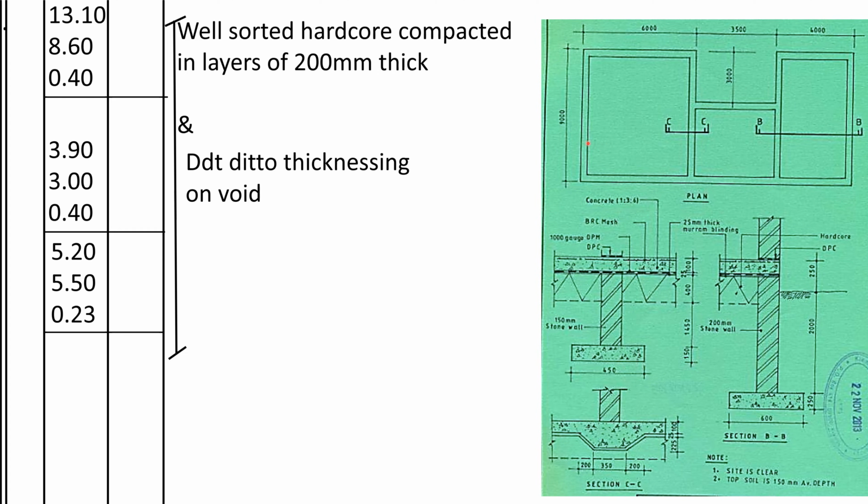If you can see on the diagram, between the external walls there is hardcore. Hardcore is always placed inside the rooms where there are no walls. Inside the rooms is where we do the hardcore. So there are three ways that you can do the hardcore. You can take the length and the width of this rectangle, take the length and width of this rectangle, and also take the length and width of this rectangle, then add the thicknessing, which can bring you so many errors. So the easiest way to do this,